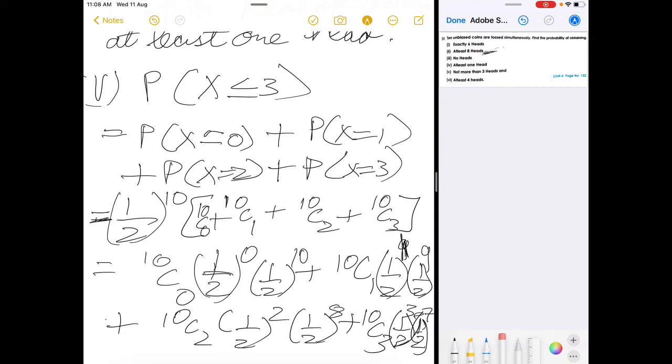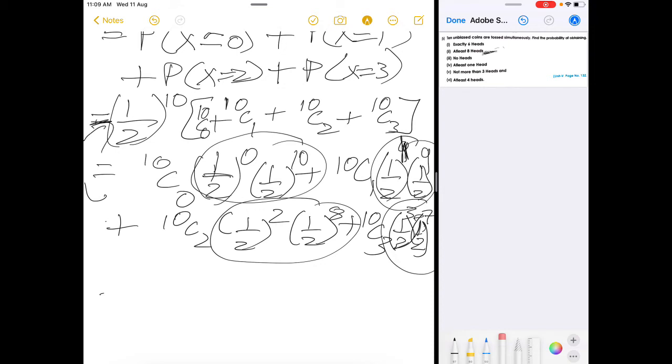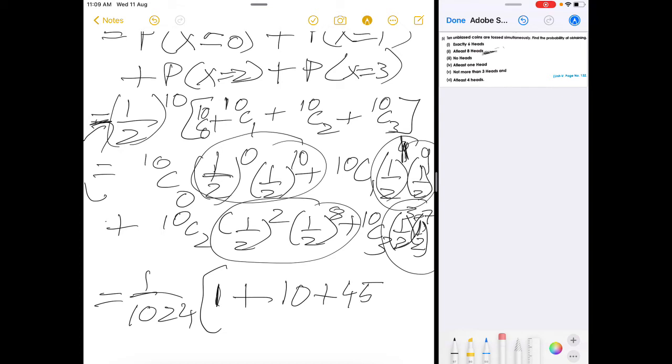Okay, so here what I am essentially doing, all of these parts are nothing but half to the power 10. So why write them separately? That's why I wrote it in this manner. Okay, so this becomes half to the power 10 is 1 divided by 1024 into 10C0 is 1, 10C1. Now I leave for you to calculate that. You will get 10. 10C2, again I am leaving it for you to calculate. You should get 45. 10C3, again I am leaving it for you to calculate. You should get 120. Verified.